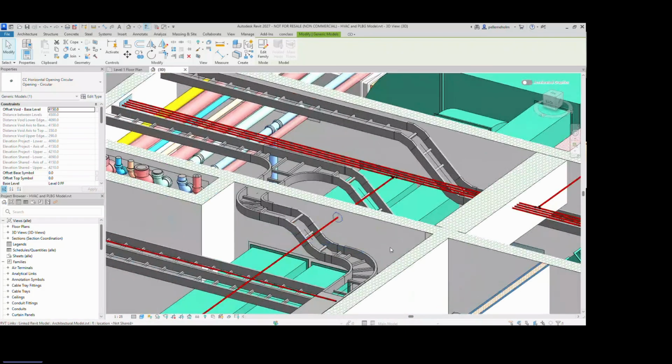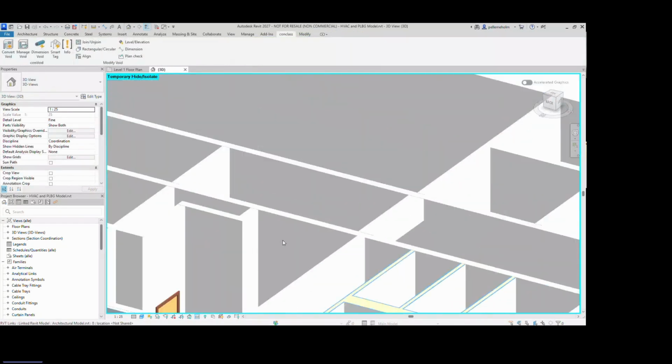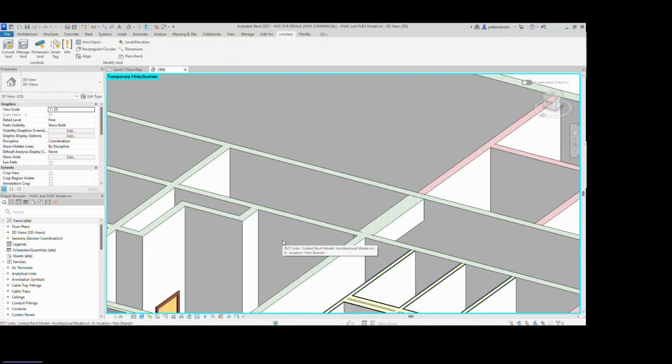Of course I could have missed something due to settings or due to a missing category or something like that. On top of that, you have to know that the architecture model, which is linked, does not contain openings at all. There are no cutouts or nothing. That's also the thing you have to know,